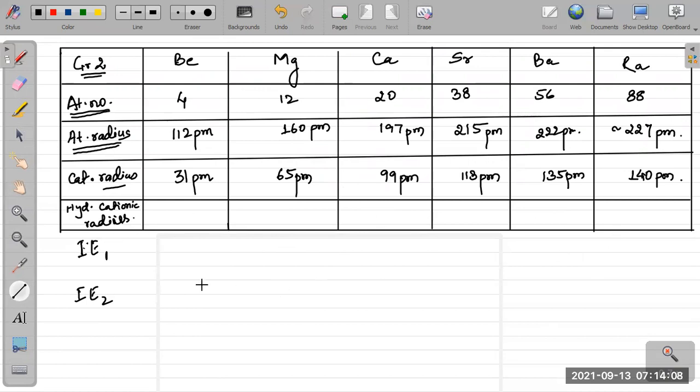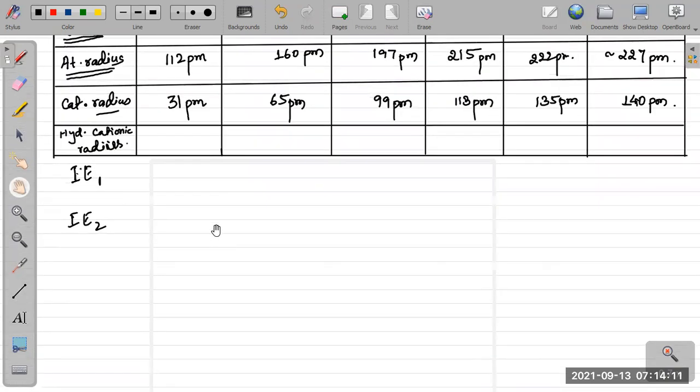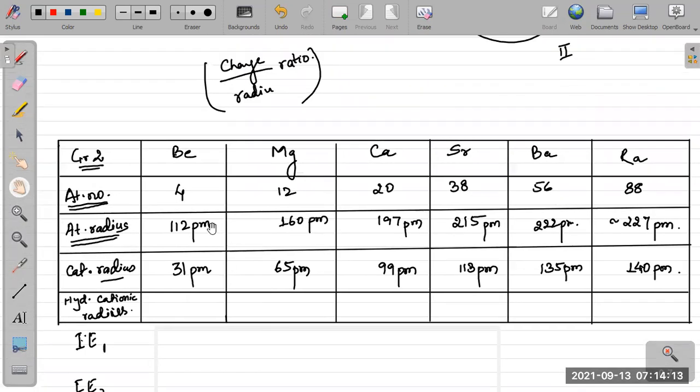I mean, I'll fill up this data and let you know in the next lecture. This information is going to be helpful. The trends we have seen in periodic properties and periodic classification, I have given these values just to ascertain those trends. This might be helpful in explaining some of the properties closely. Next information about